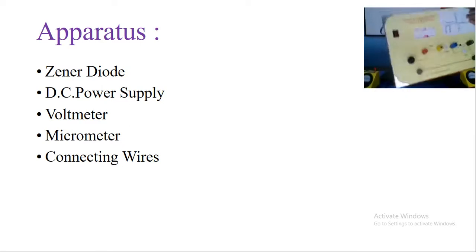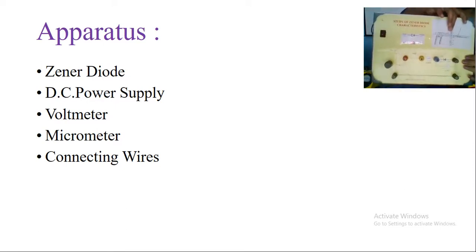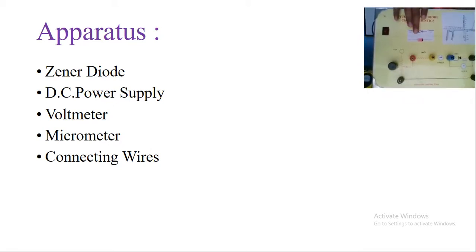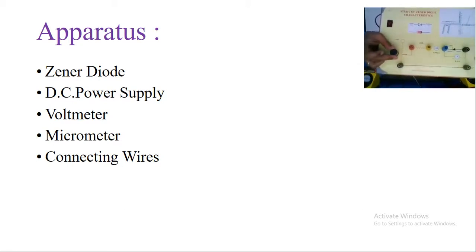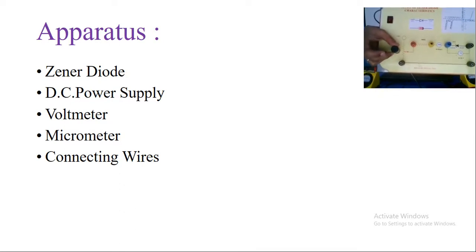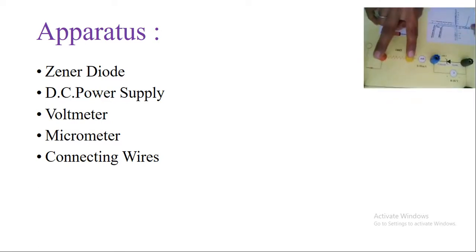I'll tell you in detail. This is the on-off button. The graph is also given over here. The symbols are also given: the diode symbol and then the Zener diode. This is the potentiometer. It is used to regulate the input voltage. So we can vary the input voltage with the help of this knob, called the potentiometer. After that, the fixed resistance is connected over here. All these components are internally connected.